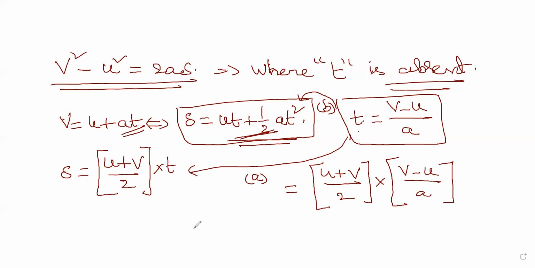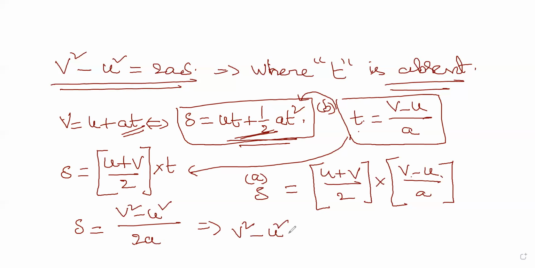So when you multiply the things, on the top it is (v minus u) into (v plus u). So that is v² minus u², of the form (a plus b) into (a minus b). v² minus u² divided by 2a. This is what you have. 2a you transport this side. So you have the equation v² minus u² equal to 2as. So hence the equation. This is the best way of solving this problem.